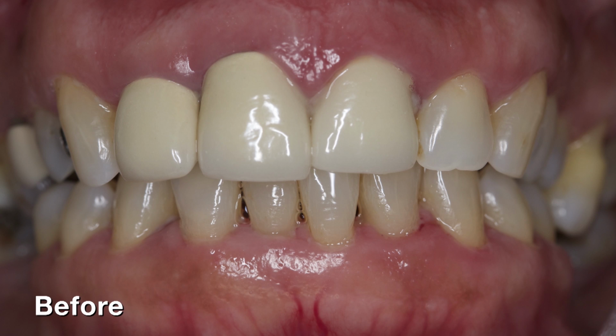In this case, I'm going to replace 3 old PFMs with BruxZir anterior crowns, explain my reasons for the material selection, show you how I achieved gingival harmony between centrals, and then I will talk about my criteria in choosing